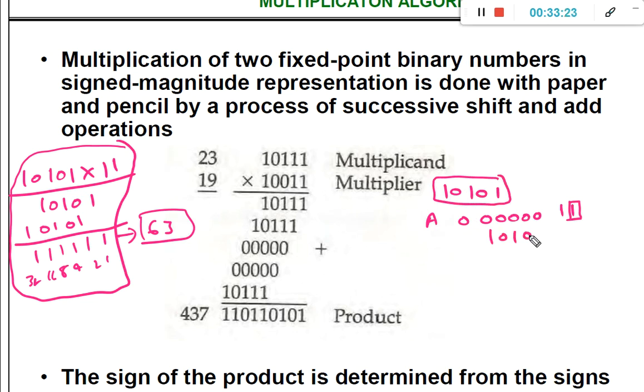Add 10101. Then we are going to get 10101 as the result. This is the E bit as it is, it will be there. And this is the multiplier value.